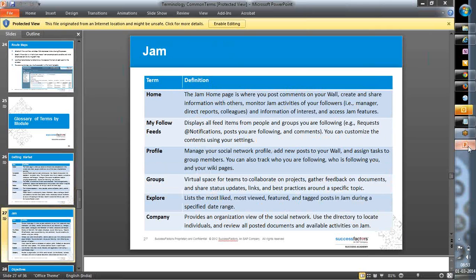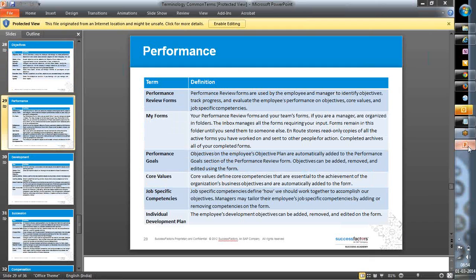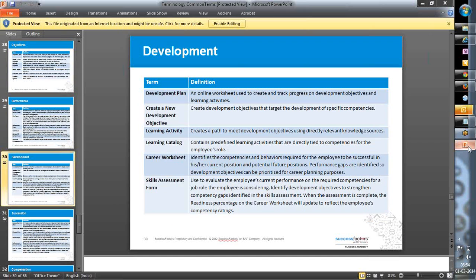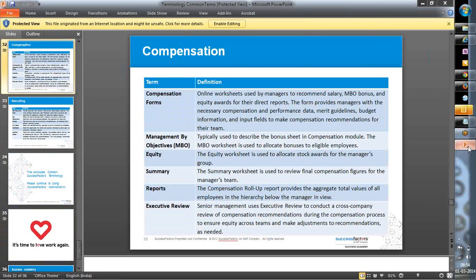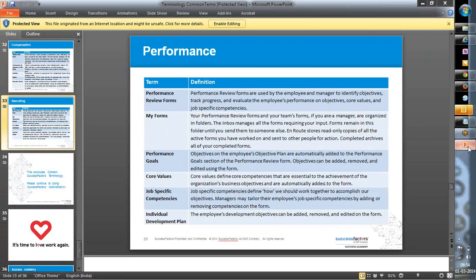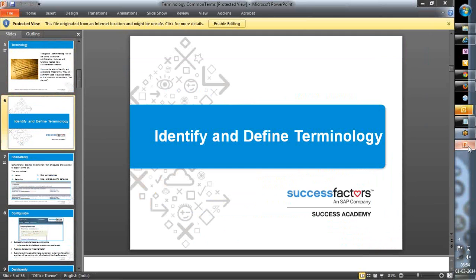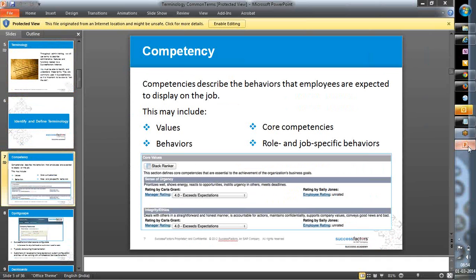Now we have home, my follow feeds. This is JAM again. We're going to have a separate session on JAM in the next session, and we'll discuss that. We have objectives, we have performance. Again, we will discuss more of this. My forms, performance goals: when we go to performance management, we'll discuss that. And compensation, we are not going to work on compensation, of course. Recruitment, no. So we've discussed most of the terminologies here that SuccessFactors has given, and there are still a lot more to